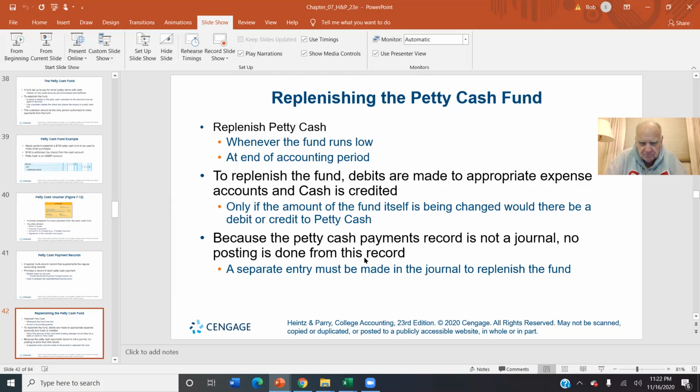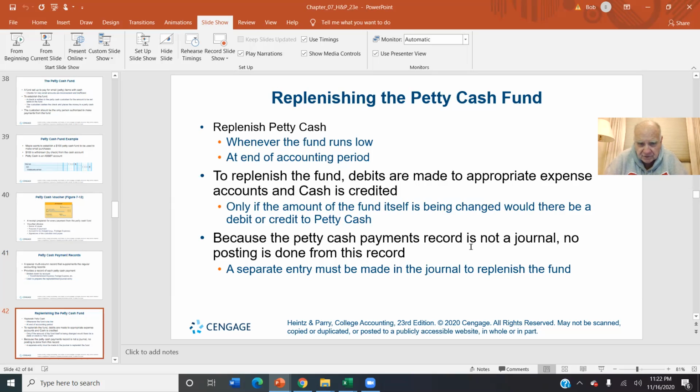And I always liked that one question on the CPA review. I still remember it, like 40 years ago. They gave you four possibilities, and you were to pick the one that indicated a problem. The first three were clearly good controls, like having somebody sign for the goods, or paying small items. And then the fourth one was, you're turning the petty cash over 3 times a month. No good. No good. Because the petty cash payment record is not a journal, no journal entries.